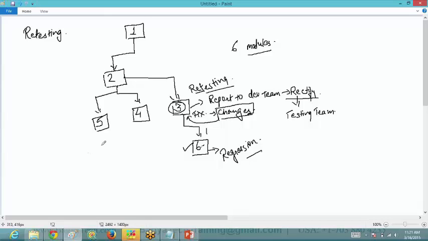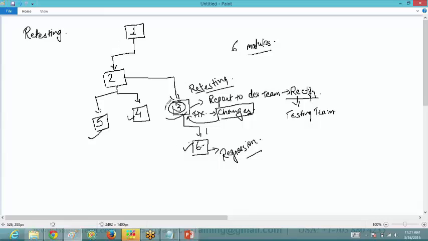I'll repeat one more time. Once the software is delivered to the testing team, you are going to test each and every module. So the fourth is working fine, fifth, second, first, sixth is also working fine.